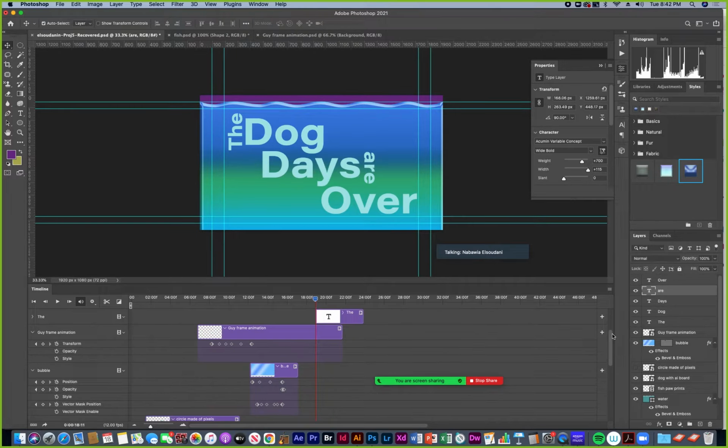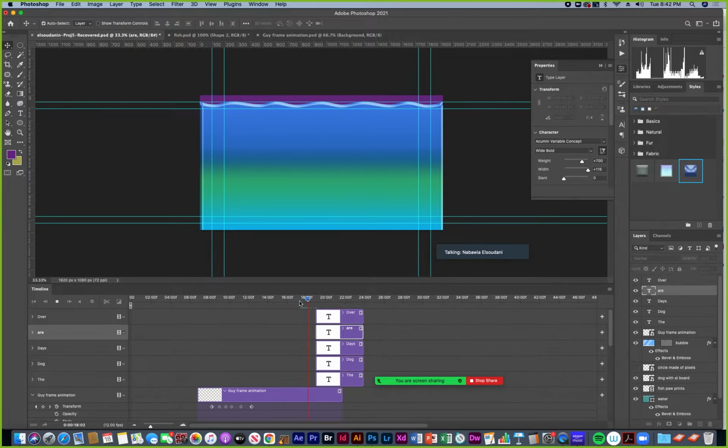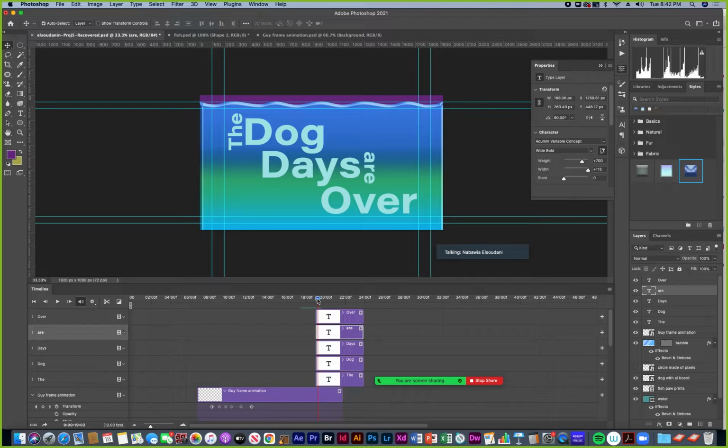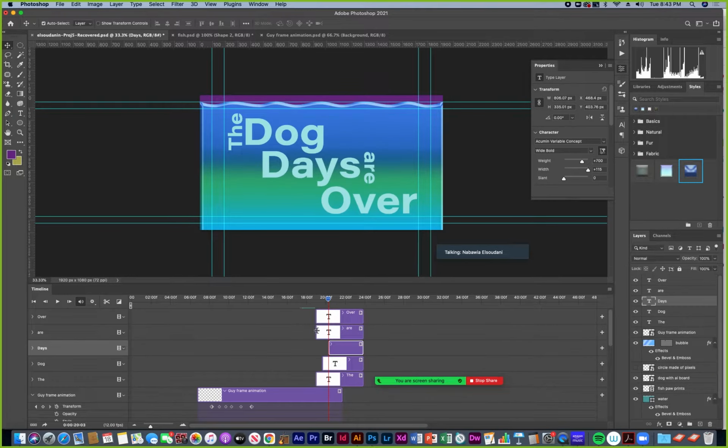I want it to end up looking, and I want the text to appear at each word that she sings. So I want to find where she says the, and that's where I want the to start. So just about here. And then dog comes in, so I'm going to trim dog over. And days, I'm just kind of hearing where she says each word and stopping my playhead there, and then trimming, because you put your mouse right on the edge of the layer in the timeline and you can trim.